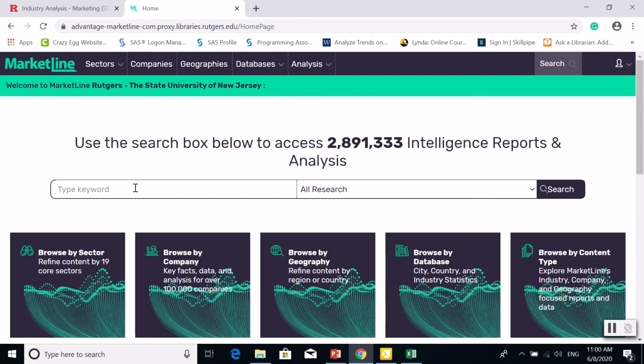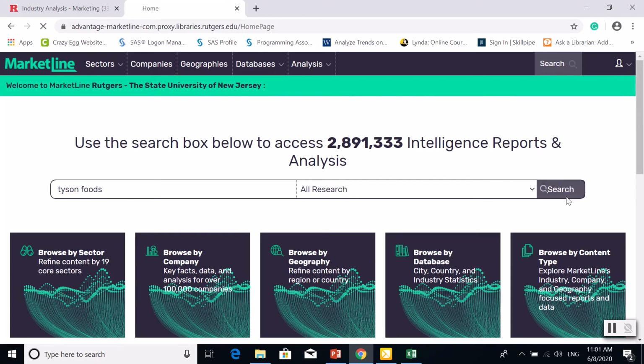So what we are going to do is, once again, MarketLine has a variety of industry information, market insights, SWOT analysis reports, mergers and acquisitions data, and etc. It's a fantastic resource for you guys to use for your research. So whether it's based on the top tier companies such as Tyson Foods, or if you are looking for industry reports on breweries for the company that we mentioned for case study 2, feel free to type it in. But since we're focusing on the bigger company, Tyson Foods, what we're going to do is type in the company name